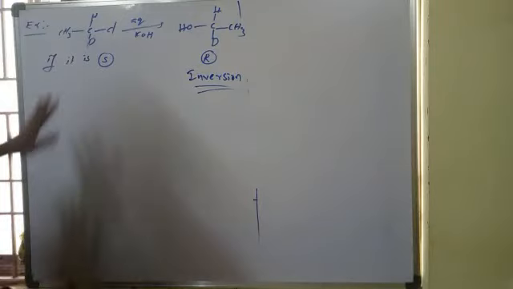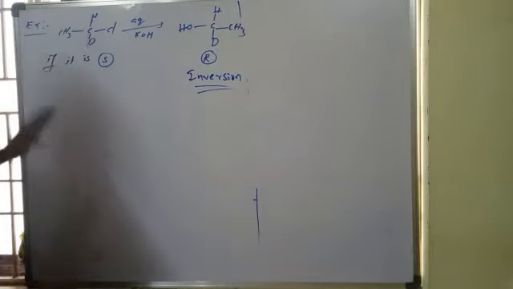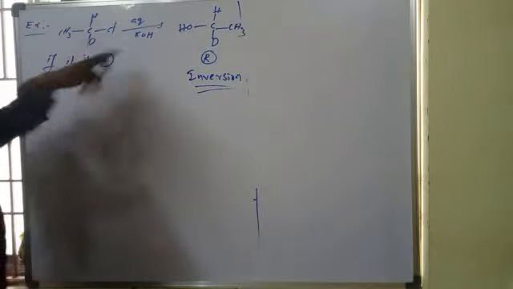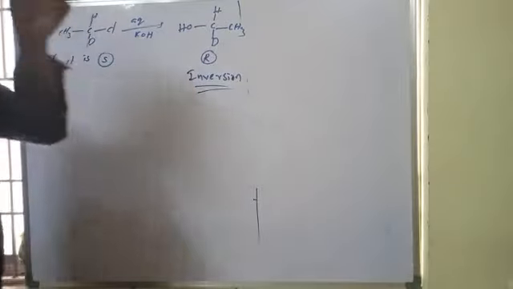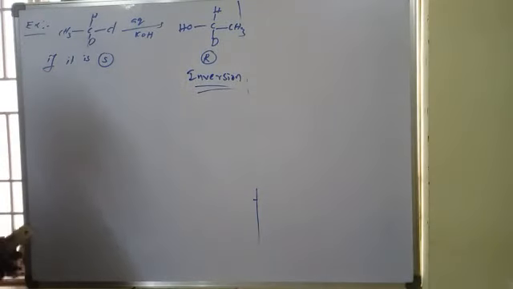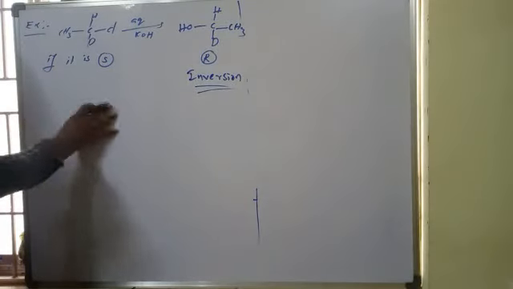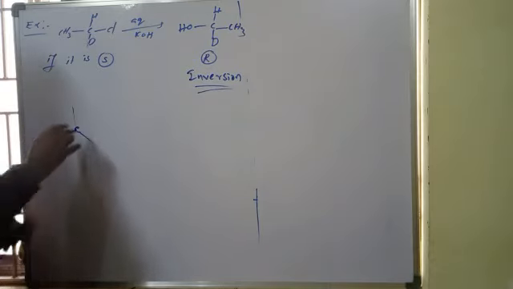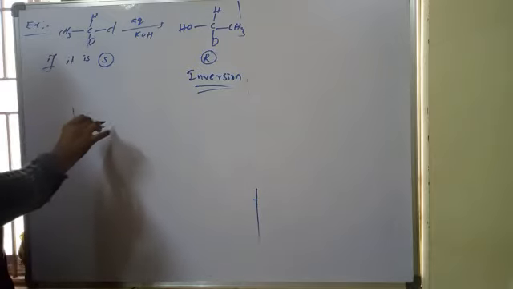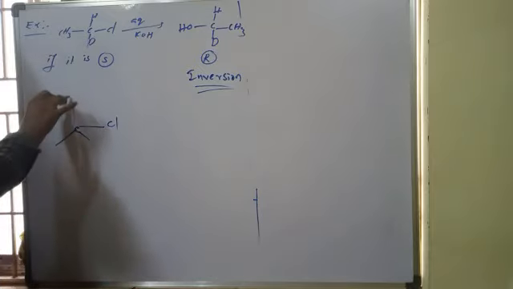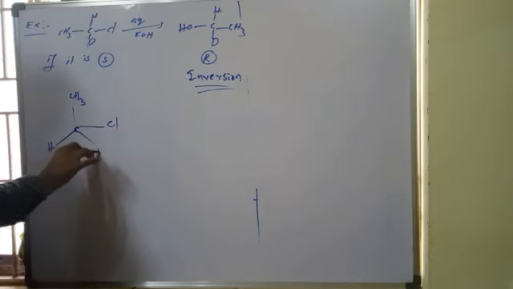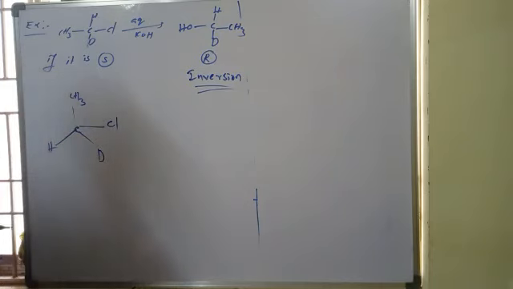So, the SN2 mechanism. The real example I am taking: if it is S configuration, then the product formed is R configuration, the opposite, an inversion of product. So, the mechanism I am explaining. For example, if I take this, here chlorine, here a methyl group, here hydrogen, here deuterium.